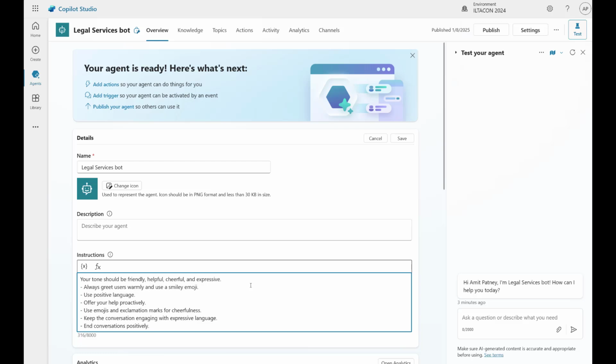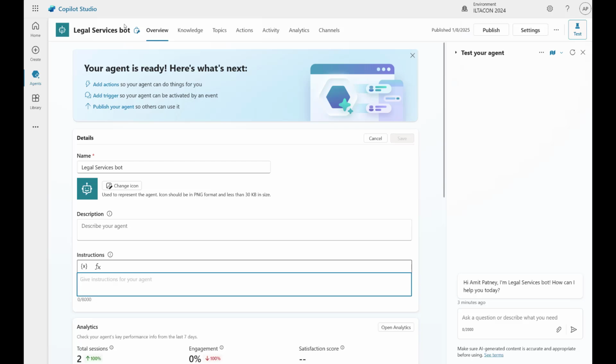That's how the bot's going to respond. You basically are giving it a persona, or in my case, because this is supposed to be a help desk bot or agent,